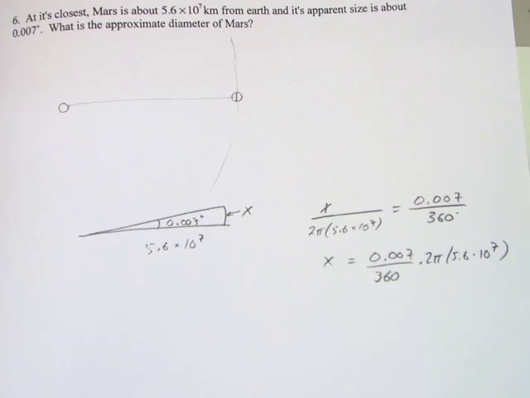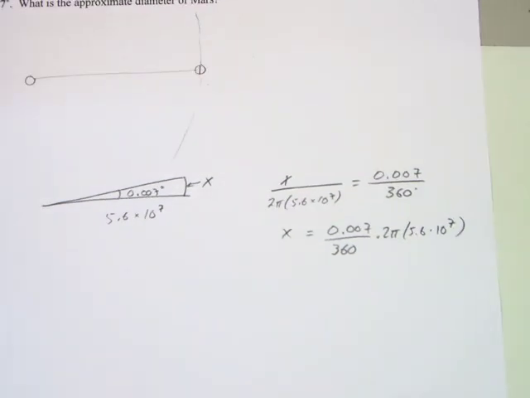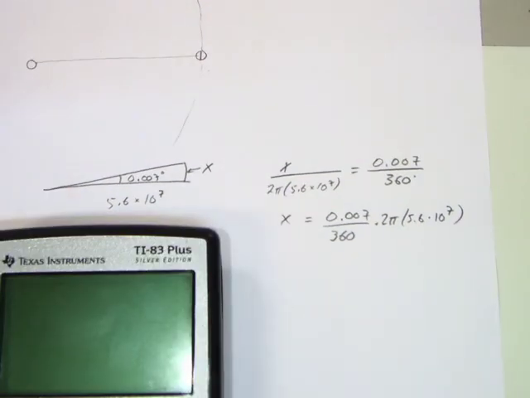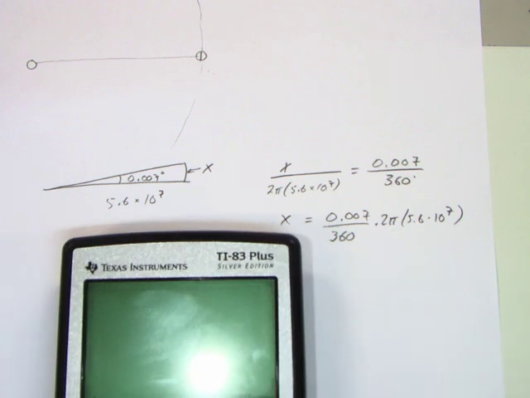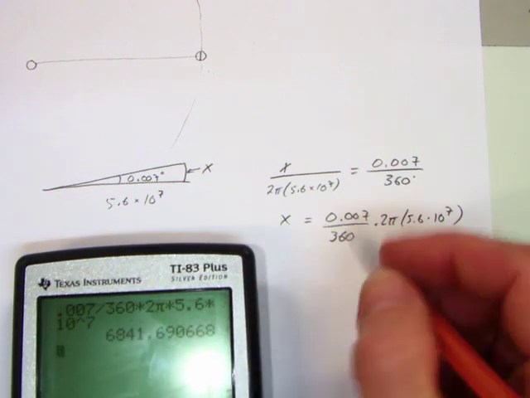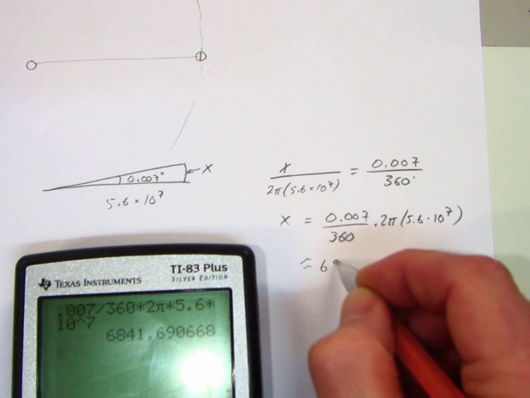And at this point, you just get out your calculator and type it all in at one time. So I have 0.007 divided by 360 times 2 times pi times 5.6 times 10 to the 7th. And I hit enter, and that gives me approximately equal to